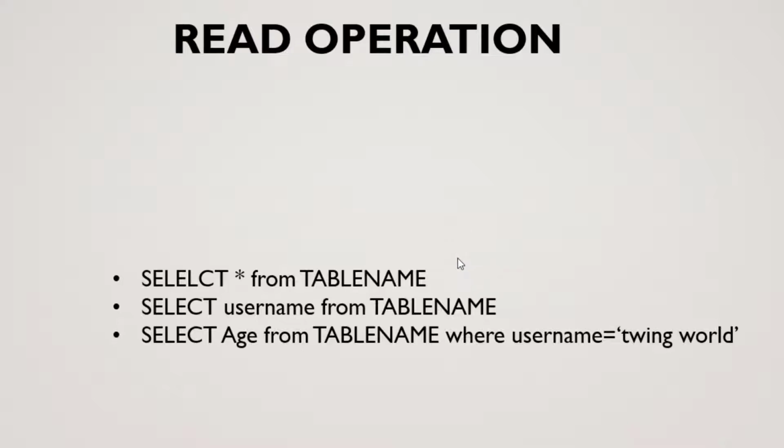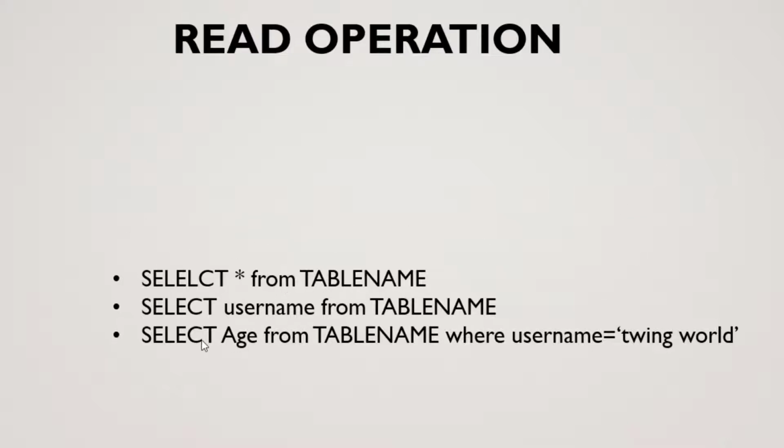If you want to fetch only one column, I mean there are two fields in our table, username and another one is age. So if I have to fetch only the username, we can use it like this: select username from users. So username is a column, I mean the field, so it will return only the username alone.